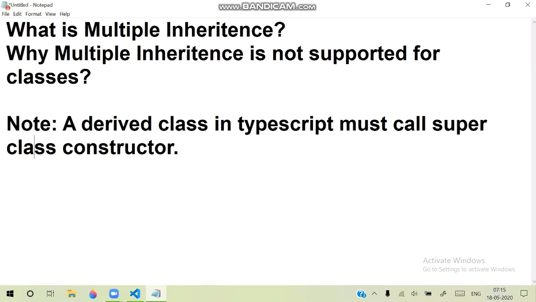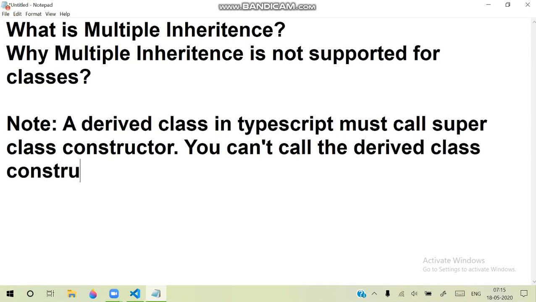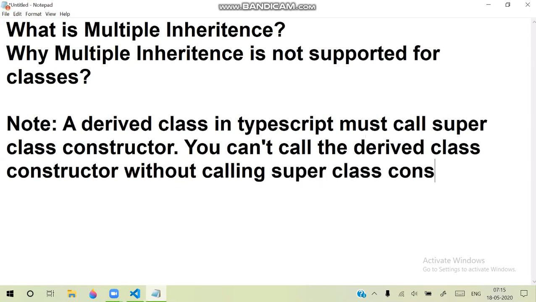That means you cannot call the derived class constructor directly without calling the superclass constructor.